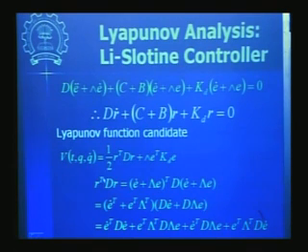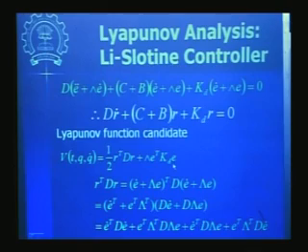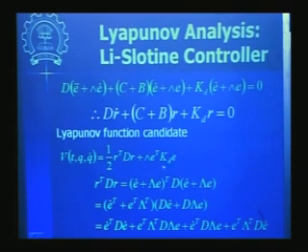Now we'll have to first see whether this is a positive definite function or not. Let us expand this in terms of error. We want to see this as a function of error dynamics as a positive definite function. All our conclusions are basically about error dynamics, so we have to see in terms of error whether this is a positive definite function. In terms of R, it's clearly a positive definite function here and here.